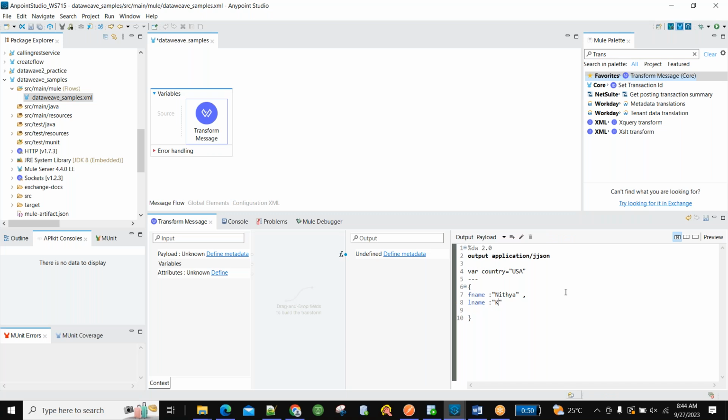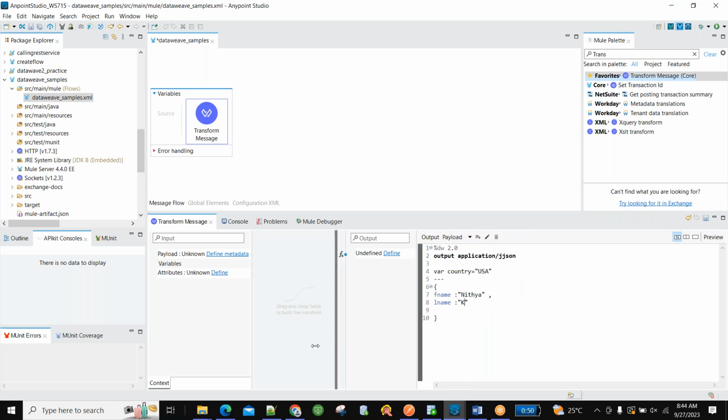So when you are in DataWeave, we need not deploy and we need not check elsewhere. Here in preview only we can check it. See, now what will be the output of this? That can be checked here in preview. This preview is meant for it. Whenever you are doing payload dot something else, even that data will appear.